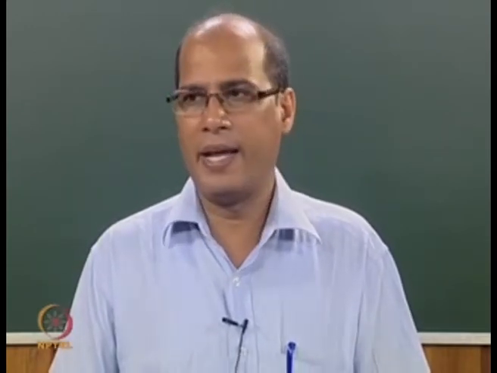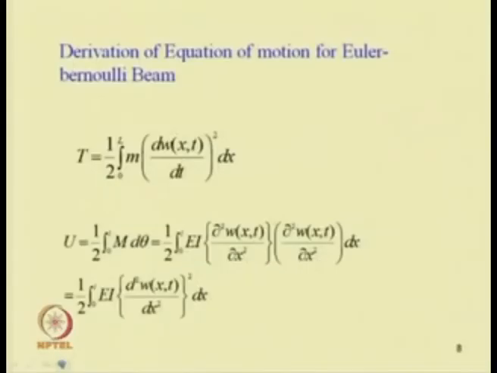So we have not considered any nonlinearity in this, but the method shows how one can derive the equation of motion by using Hamilton principle. Similarly, one can derive the equation of motion for a Euler-Bernoulli beam. In case of the Euler-Bernoulli beam, the beam is subjected to pure bending moment. So in this case, as the beam is subjected to pure bending, one can derive the equation of motion for the system by taking the kinetic energy and potential energy of the system.